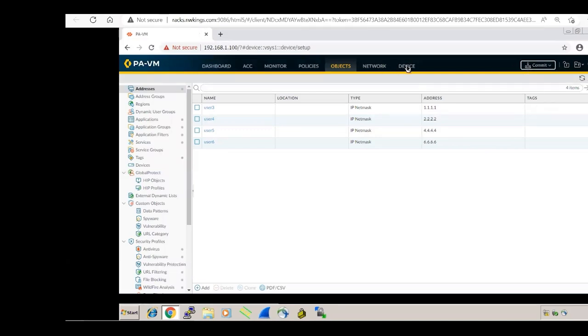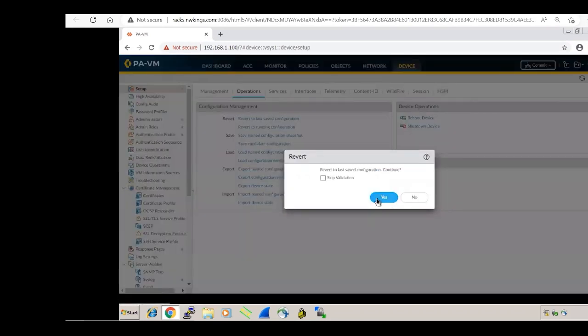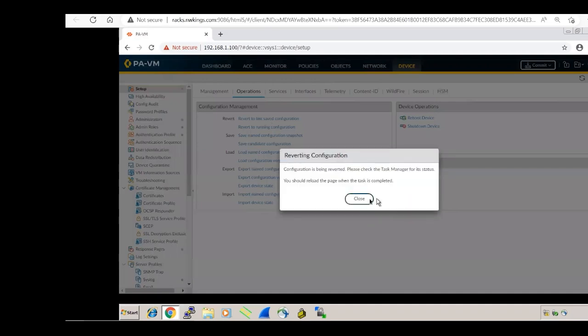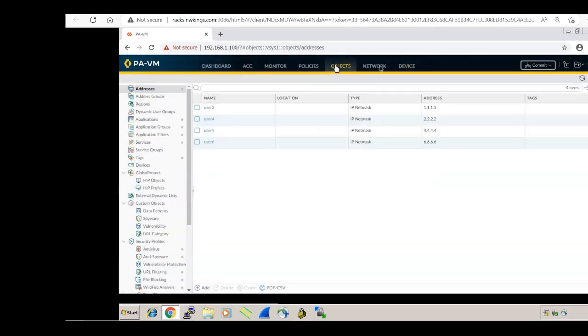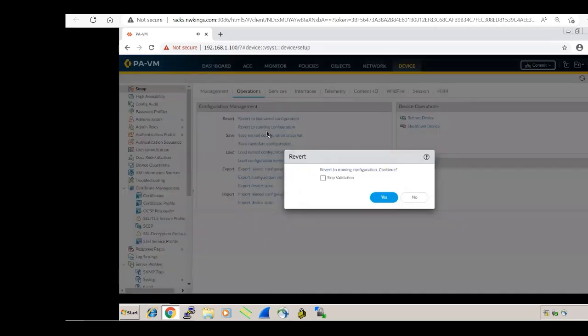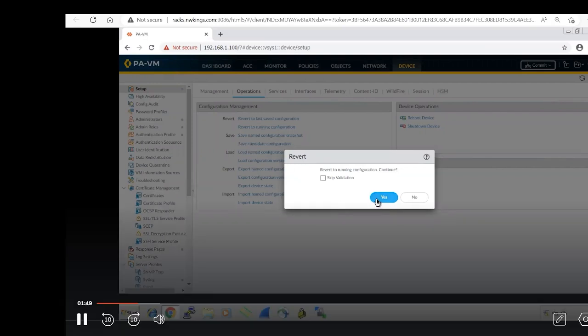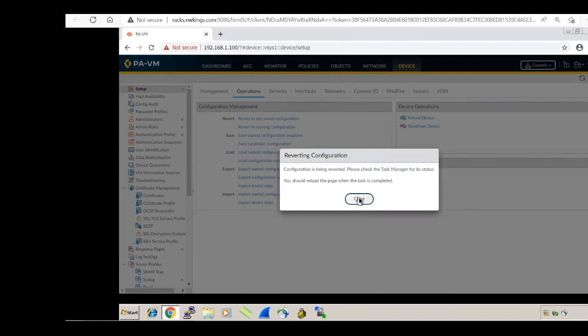So in the revert, if you want to revert to the last saved configuration, whatever you have saved and you want to go back to that saved configuration, you can do that. And what is running configuration? Revert to the running configuration. It means whatever you last committed, you will go to that configuration. Okay, last committed configuration. So reverting to the running configuration means